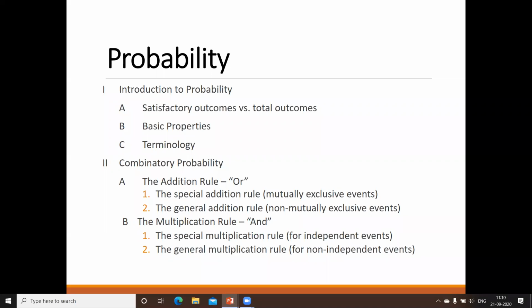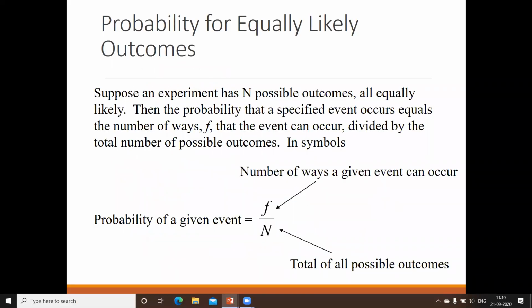Okay. Now to begin with, what do you mean by probability? It is just, you can say, the value which indicates what are the chances of a particular event to occur depending on the total outcome. Okay. So I'll go to the next slide. This is the brief description. Okay. It says that if I'm having an experiment where n number of possible outcomes are possible, that is the total, all possibilities, with equal probability.